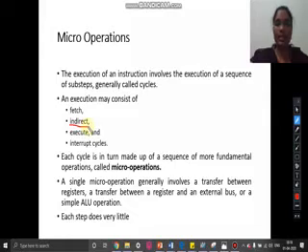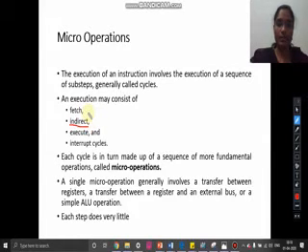We have seen in the addressing modes that indirect addressing is possible. If indirect addressing is used, then we need more memory accesses. So extra memory accesses will be there. Hence this indirect addressing itself is considered as a different stage.